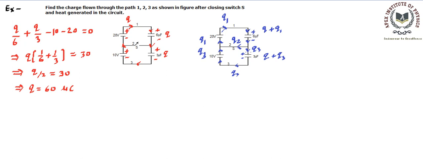Now here we have assumed three quantities Q1, Q2, Q3, and we will be saying, as per this assumption, Q1 will be flowing through the path 1, Q2 will be flowing through the path 2, Q3 will be flowing through the path 3, and their directions have been shown over here. If their values come out to be negative, then we will simply make these directions opposite. Let's use the loop law and Kirchhoff's laws to simplify this particular configuration.